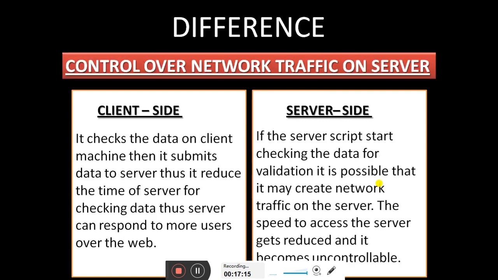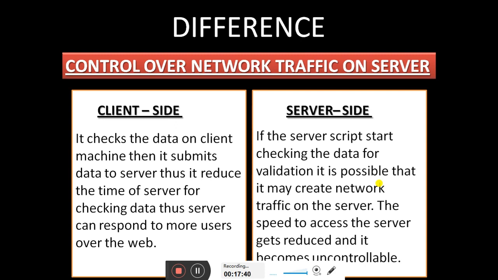Now, control over network traffic on the server. Client side: the client-side script checks the data on the client machine and then submits the data to the server, so it reduces the time the server needs for checking the data again. And then the server can respond to more users over the web.